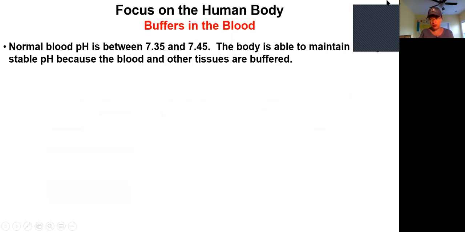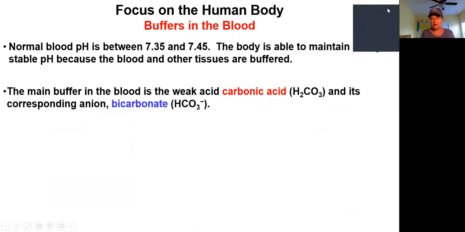So let's focus on this human body thing for a little while. Our normal blood pH is between 7.35 and 7.45. So that's why I say 7.4. The body is able to maintain a very stable pH because the blood and other tissues in the body are